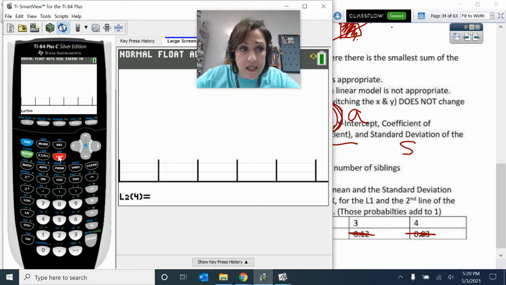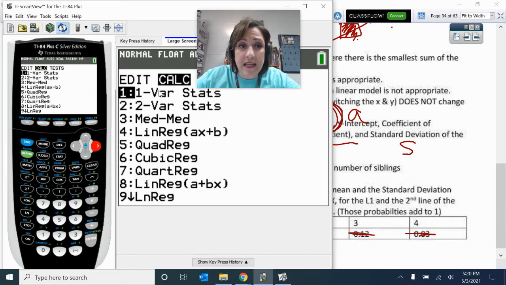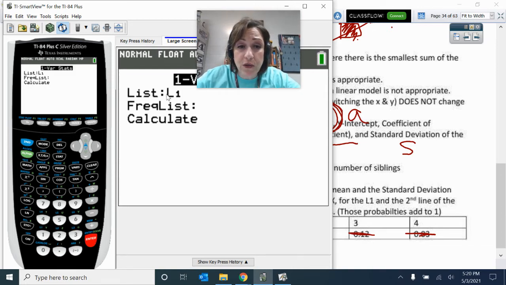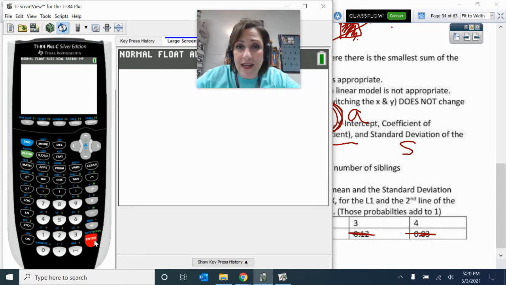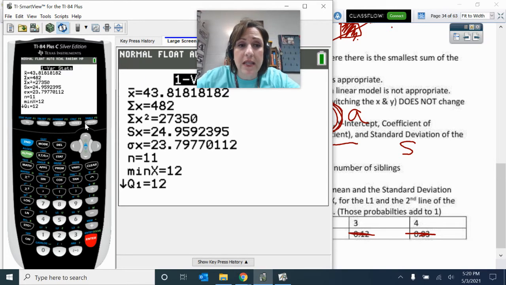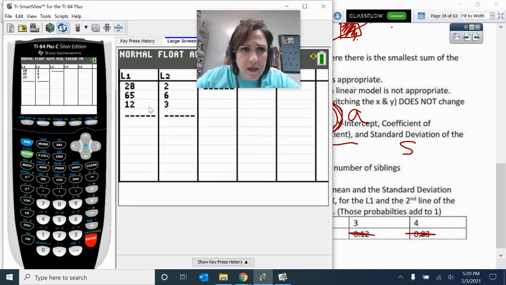When you do stat calculate the one variable statistics, you would want to do that with list 1, calculate for list 1, but calculate with list 2's frequency. Okay, so that way it would give you the mean,